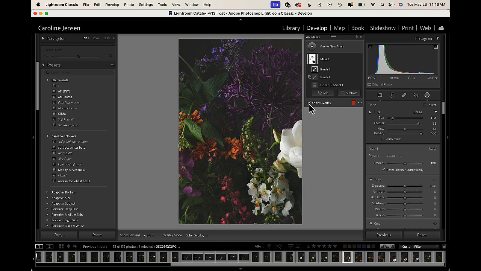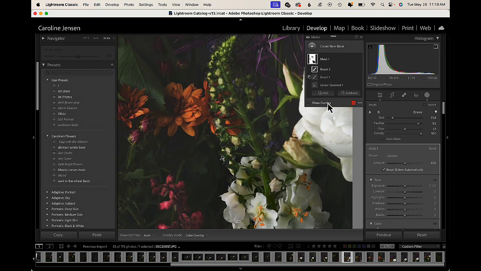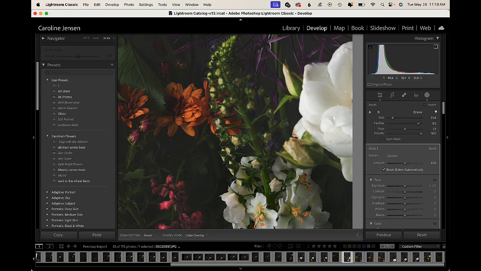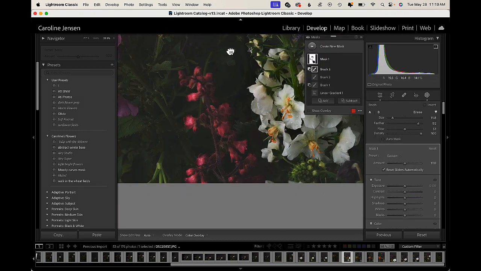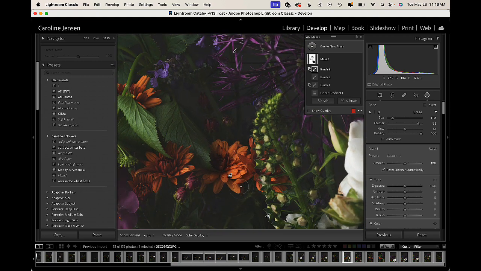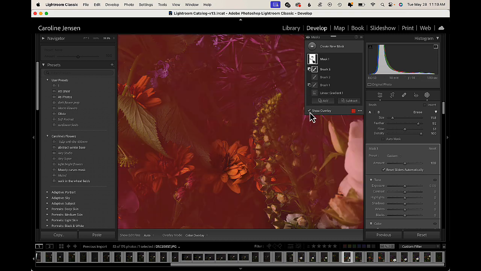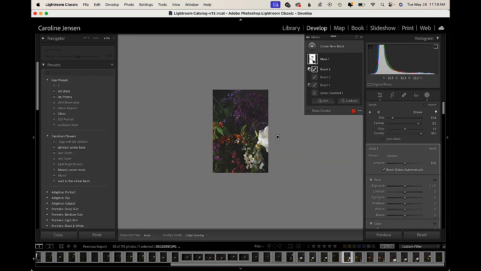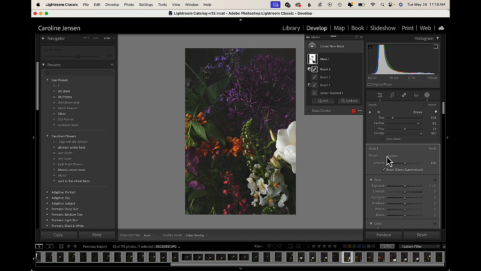You want to work with the overlay to see what you're doing and also take it off so that it doesn't look too bizarre. Let's zoom in here and go to subtract with the brush and maybe take it off this orange flower. And yeah, I'm just kind of looking around. Check the mask out there, and that gives us a bit of an effect that I think is a good starting point